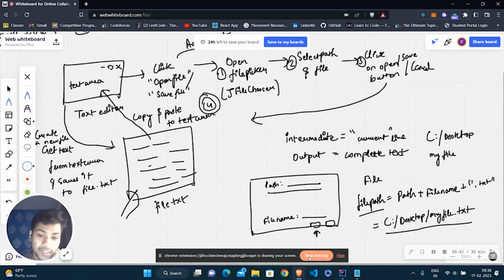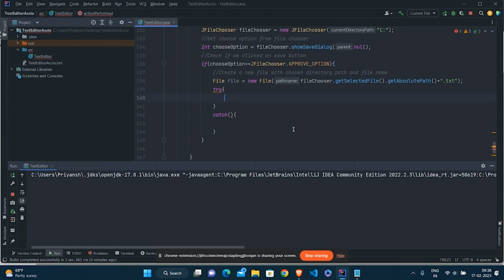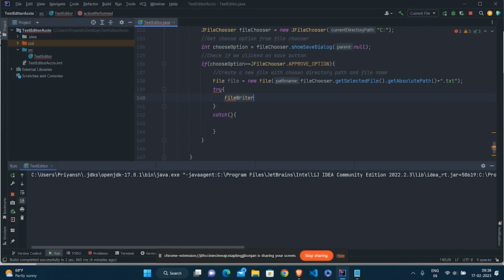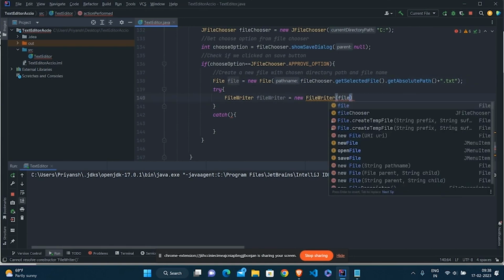So instead of a file reader, we need a file writer here. FileWriter equals new FileWriter, and the file we need to write is the file instance that we have created here.